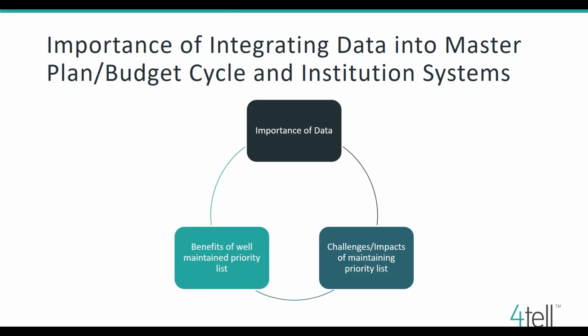Here we go. I think I covered part of this, but again, it's that cycle of getting in good data, maintaining it, and constantly updating the list, having a person in charge, either a person or a system. The other thing, and I think Matt talked about this well, is being able to share that information with other decision makers, whether it's leadership or budget, or even the users who want to know what's happening in those individual buildings.